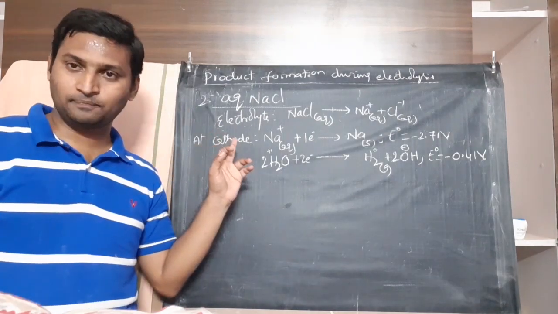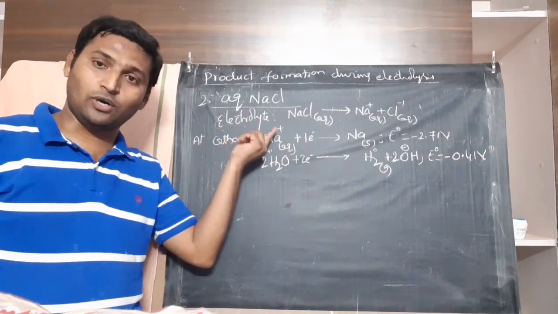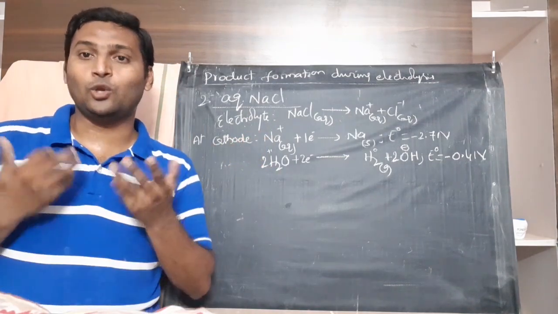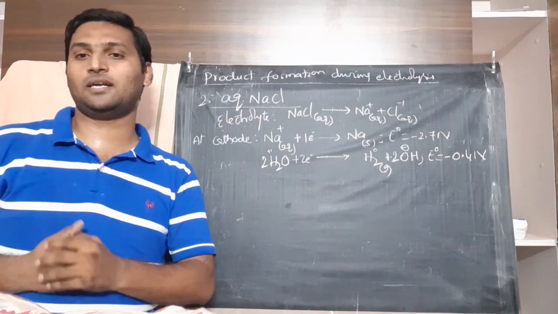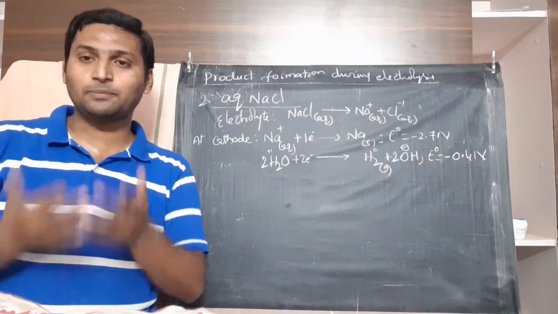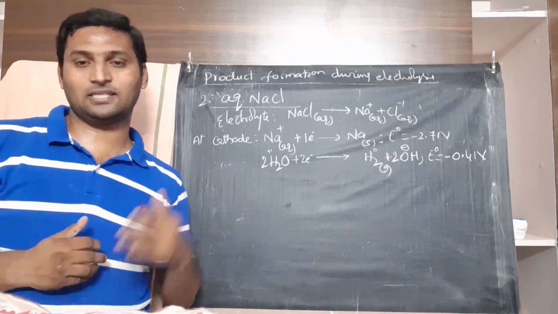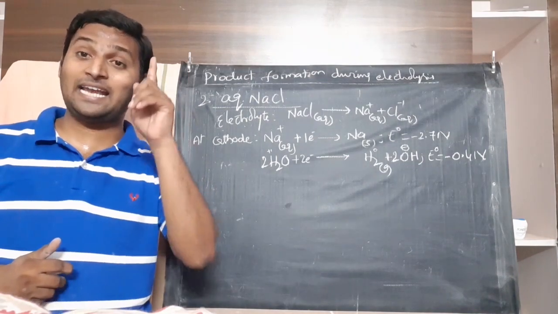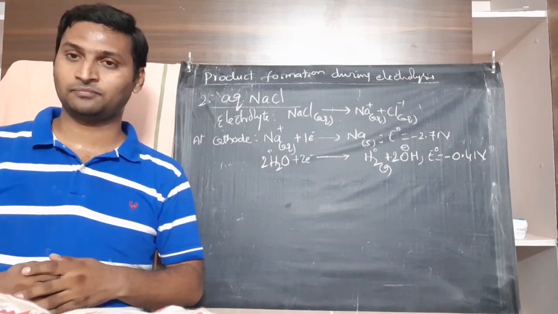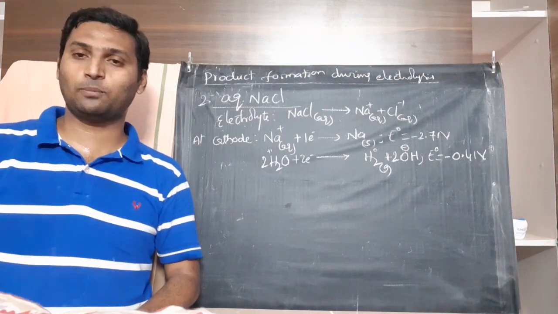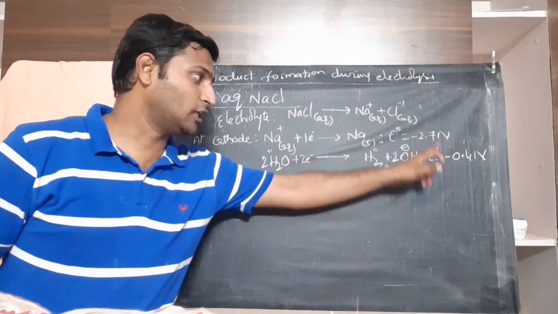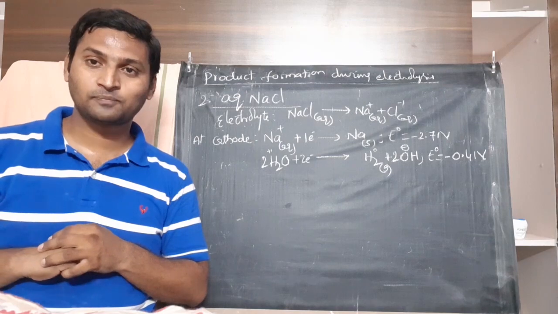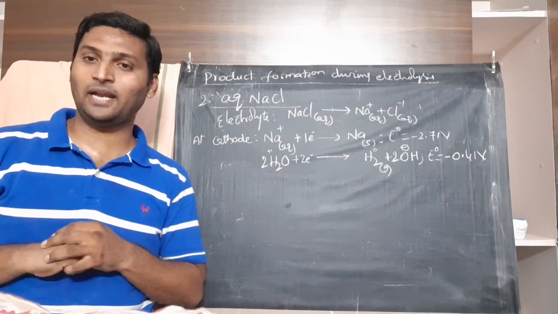At cathode, both sodium cation and water are there for undergoing reduction. Then who undergoes reduction, who does not? Answer is preferential discharge theory, which I just explained. At cathode, the species with highest potential undergoes reduction, because to undergo reduction, electrode potential must be greater. Out of the two values, minus 2.71 and minus 0.41, which is the larger value? You are right, minus 0.41.